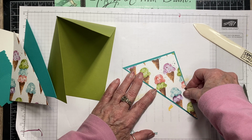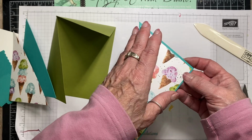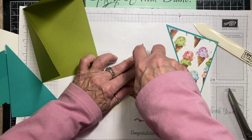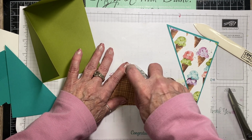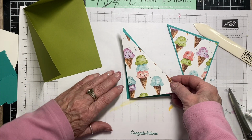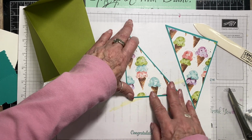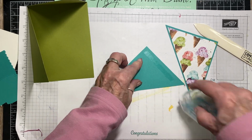And it's really easy when you just cut it the same way that you normally would on layers. You just go down by 1/4. So let's go ahead and layer this one on there. This designer series paper is amazing. It has the most beautiful colors that go along with it. But I thought this would be a fun card to make, since it's starting to get into the summer, springtime. There we go. Now I'm going to also do the same with this and layer it onto the card